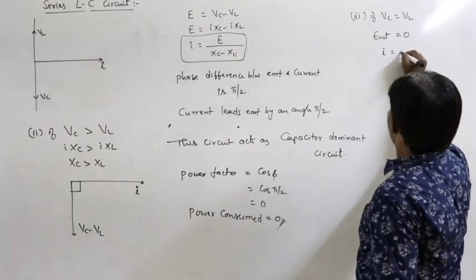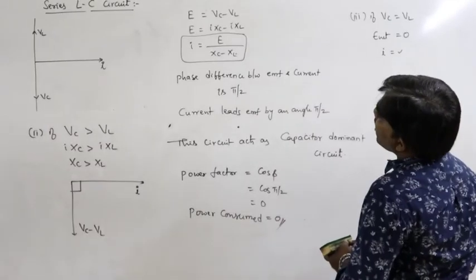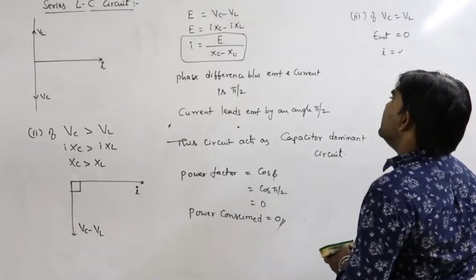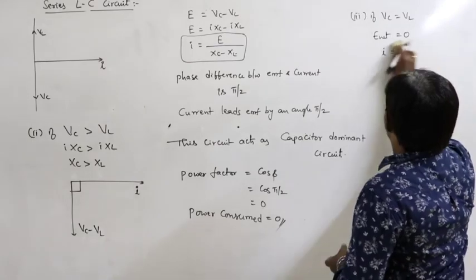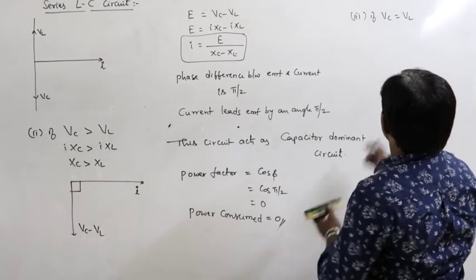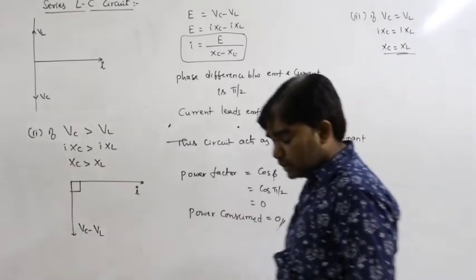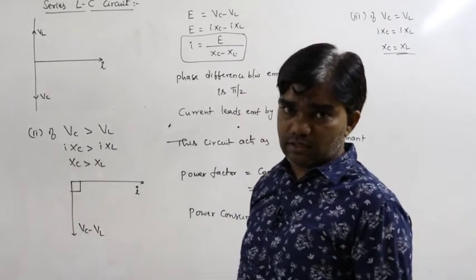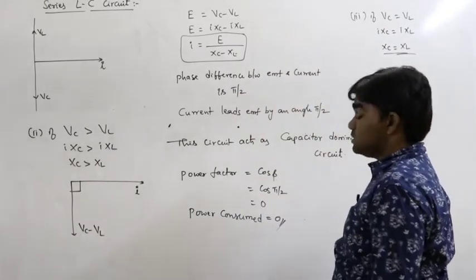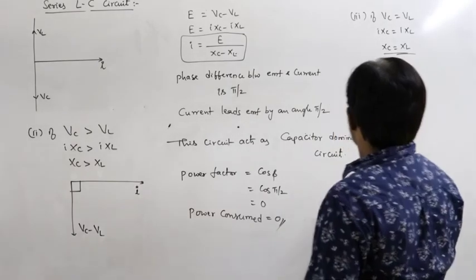Current is I equals E by Z. That means I XC is equal to I XL. That means XC is equal to XL. If the inductive reactance is equal to the capacitive reactance,